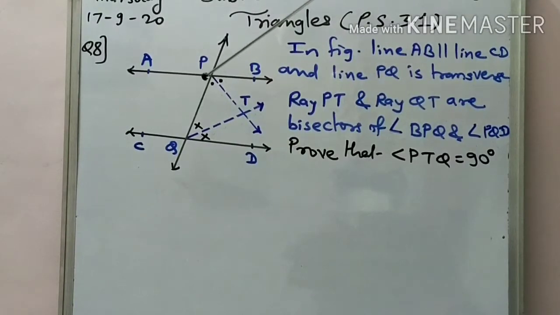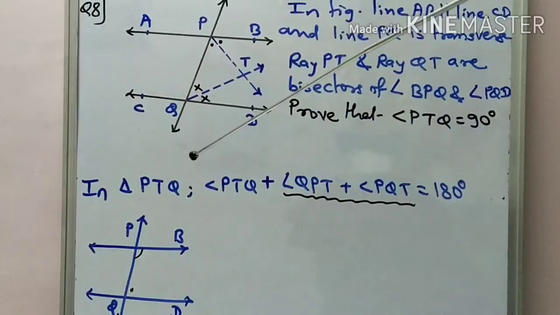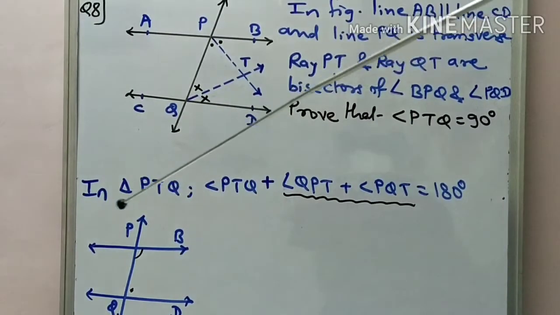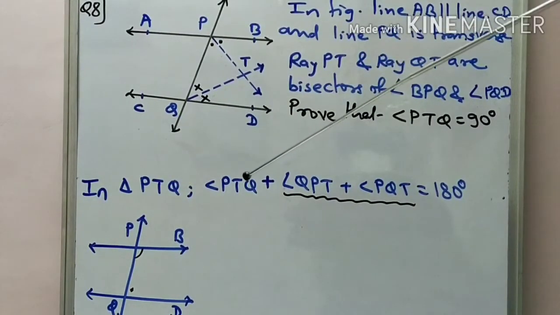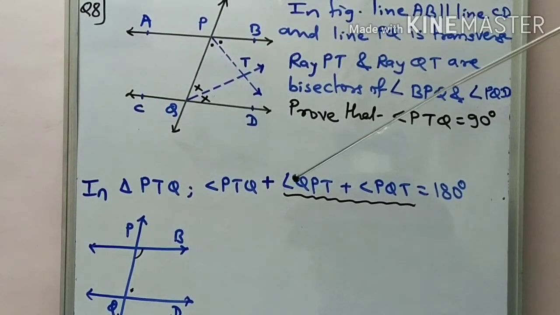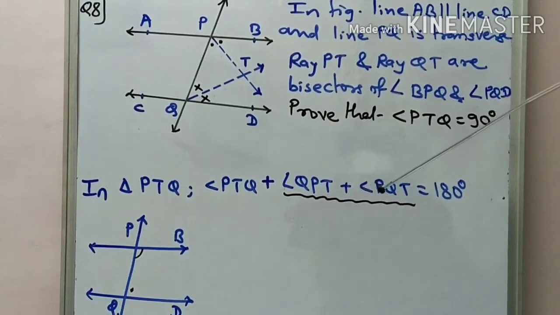To prove this angle PTQ is 90 degrees, we select this triangle PTQ, where, as you know, the property is: the sum of measures of all angles of a triangle is 180 degrees. Means, in triangle PTQ, angle PTQ plus angle QPT plus angle PQT is equal to 180 degrees. Then we try to show that angle QPT and angle PQT,